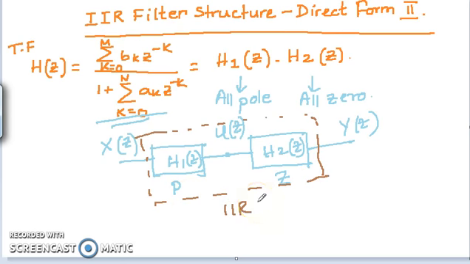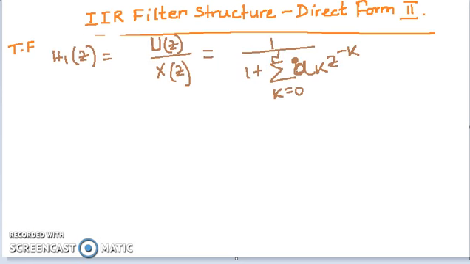So in direct form 2, we have just done it in reverse fashion. We are doing first the pole and then the zero. So let us try to reduce it and have a look at what we get. We are writing the first part, that means the pole part, in this fashion, using U(z) and X(z). This is the part of the equation that we are writing.